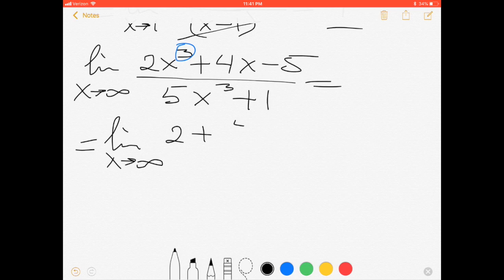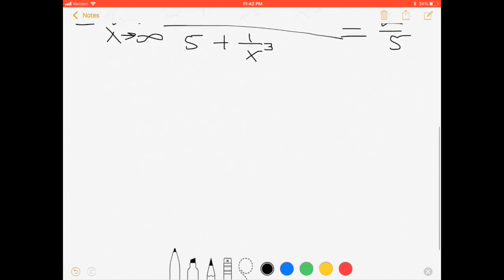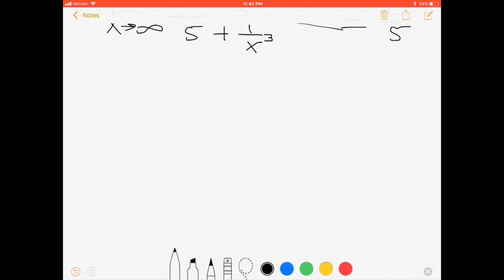of 2 plus 4 over x squared minus 5 over x cubed, divided by 5 plus 1 over x cubed. Here, as x approaches infinity, 4 over infinity is 0, 5 over infinity is 0, 1 over infinity is 0, and this means your limit is only 2 over 5. Okay, great. But what happens if you have a fraction where some part is not